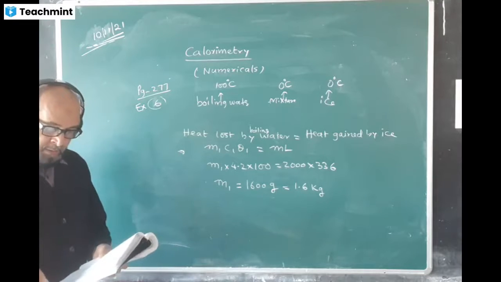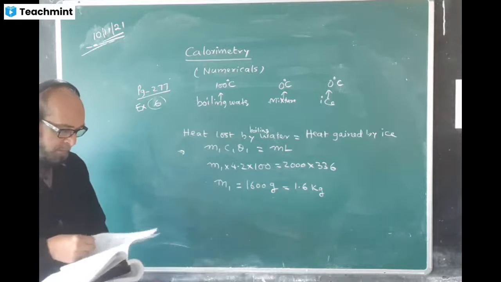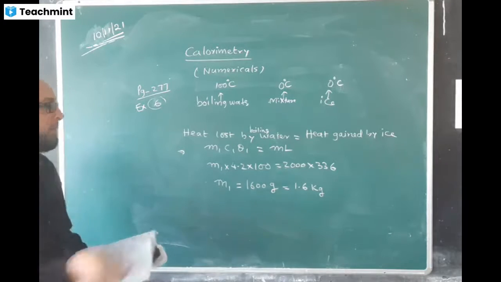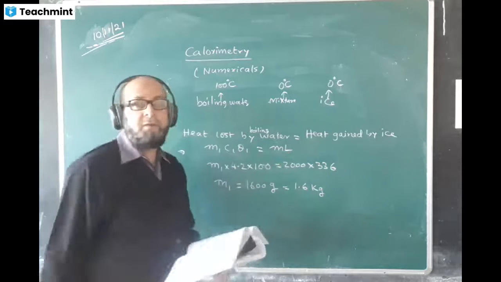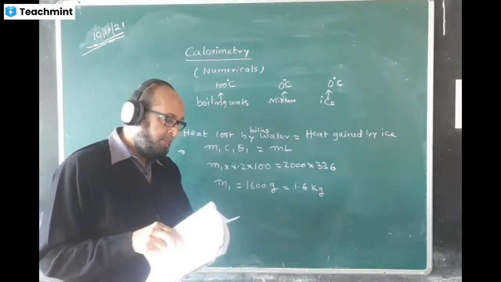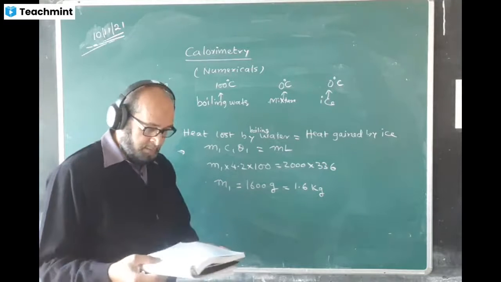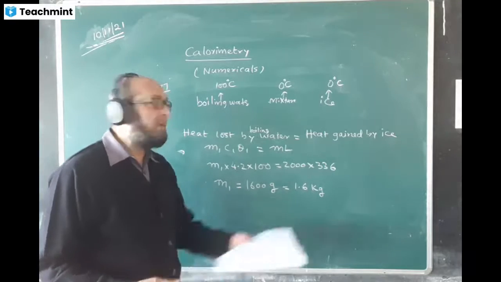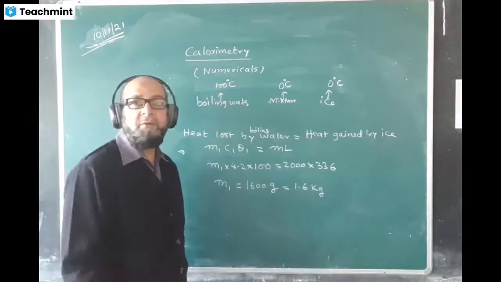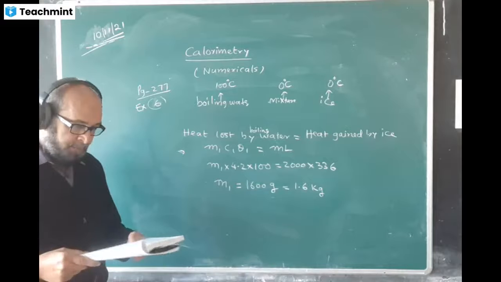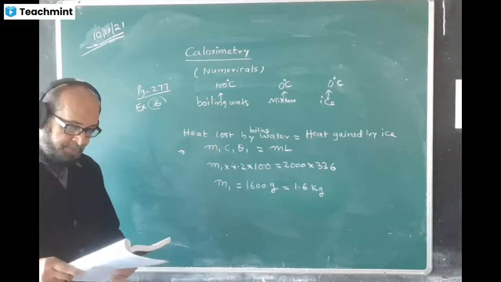So why did we convert this 2 kg into 2000 grams? Because the latent heat value is given what? 336 joules per gram. Gram wise it is given. So we can change it now, 336. If you change, you have to multiply this by 1000. It is coming to the same thing now. Why change 336? It comes to the same.